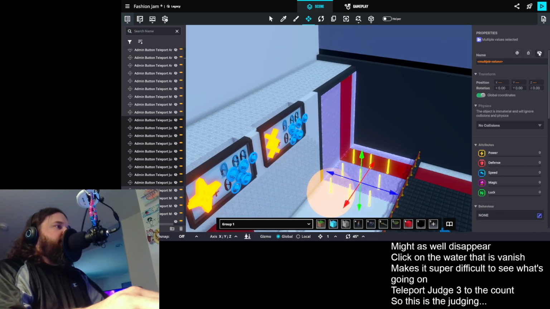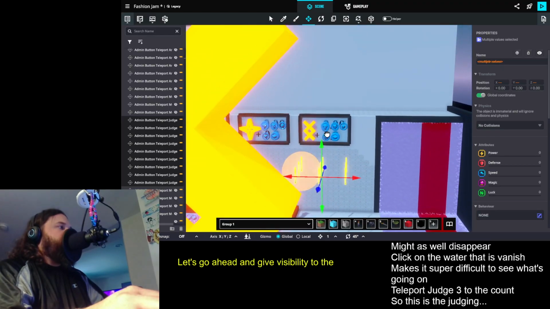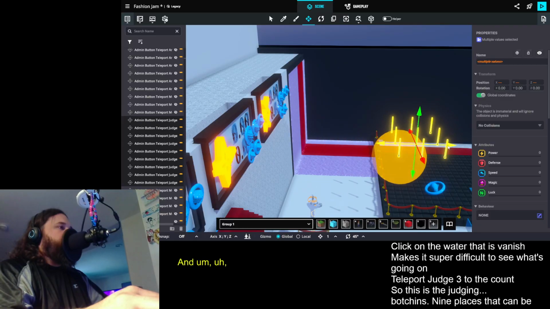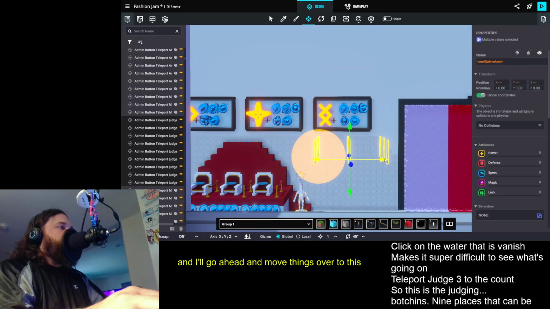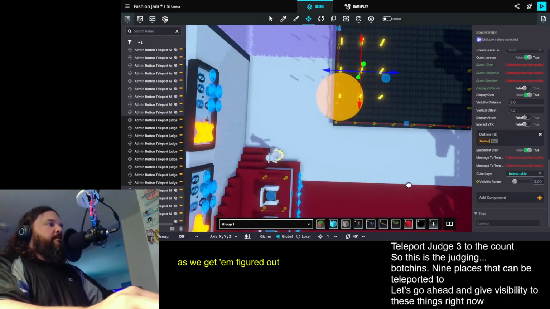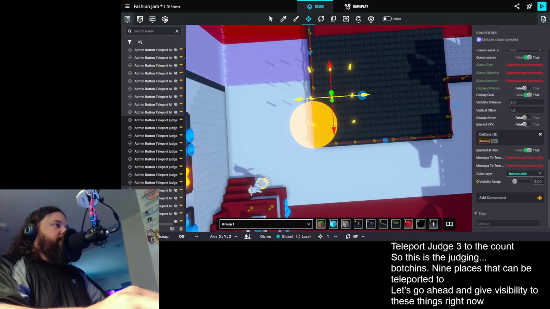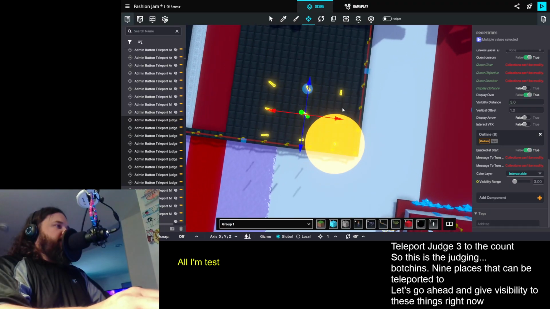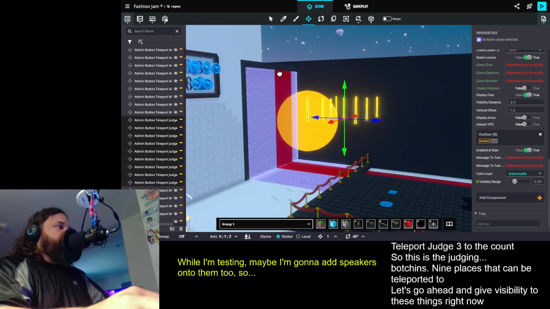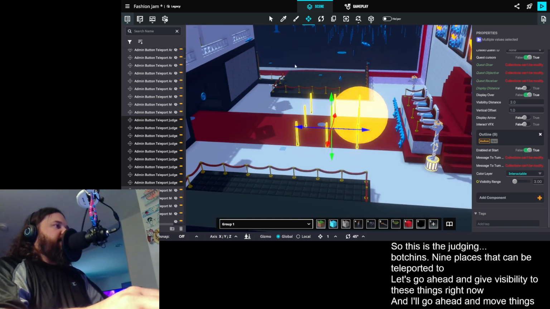Let's go ahead and give visibility to these things right now. And I'll go ahead and move things over to this side as we get them figured out. While I'm testing, maybe I'm going to add speakers onto them too, so when they get used, I can